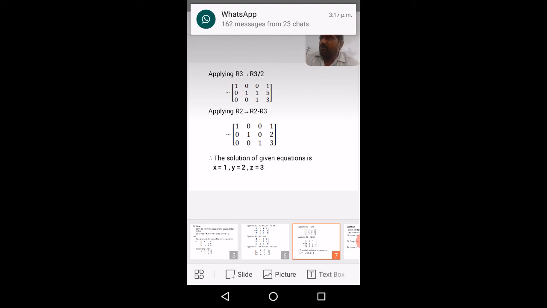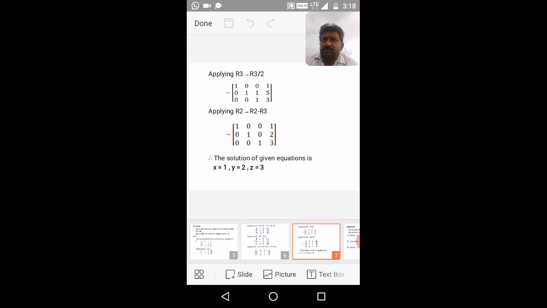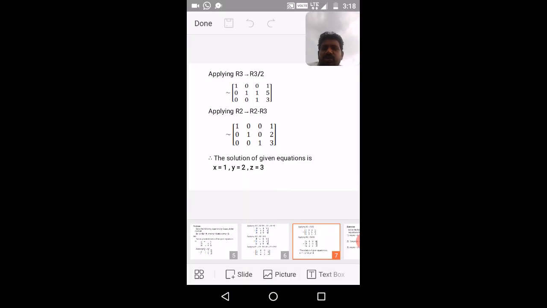Okay, to have some command of this method, practice is most important, because there is no particular formula, no particular algorithm. The thing is you have to select suitable row operations. The row operation should be suitable. It does not depend upon your wish. A suitable operation should be selected, which will give you the final reduced form of the matrix.